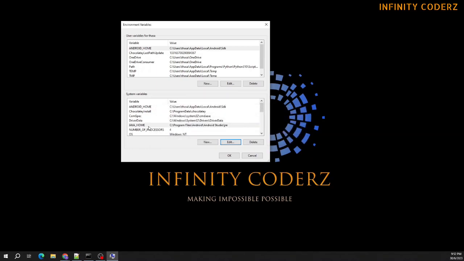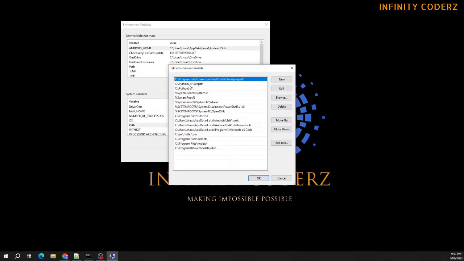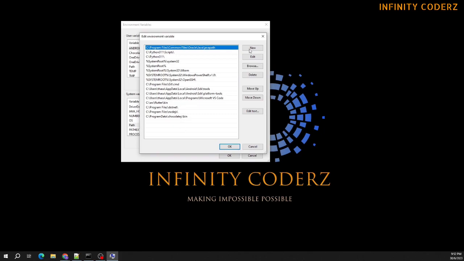After you have added JAVA_HOME, we can also go inside the Path variable here. Click on edit, then click on new and add %JAVA_HOME%\bin. This means that you will take the path of JAVA_HOME and go into the bin folder, and then we'll have the complete variable for JAVA_HOME.